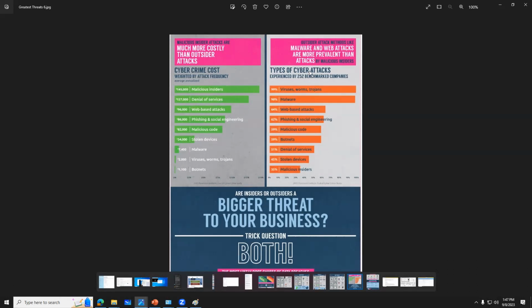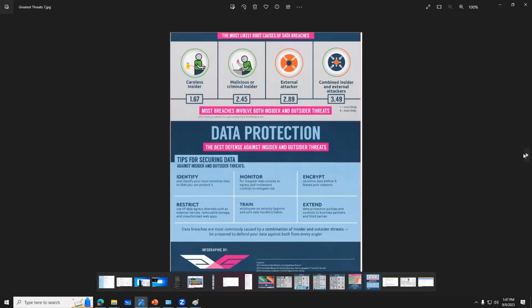And then when it comes to outside cyber attacks, the greatest source of problems are viruses, worms, and Trojans, malware, right? So what is your greatest business threat? Both, right? Insiders and outsiders. And every case is different, but it's important to take a look at those things. Most likely root causes of data breaches: careless insider, malicious or criminal insider, external hacker, combined insider and external hackers,